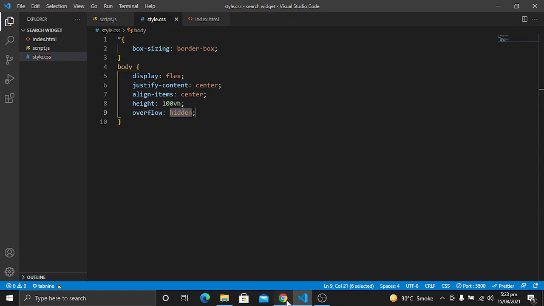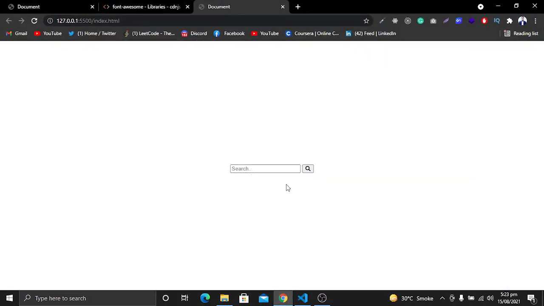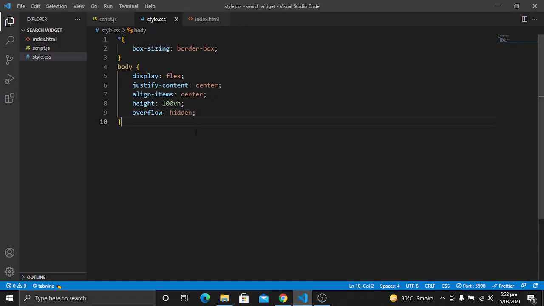Let's save it, and now you will see it has moved to the middle because we have given it a height of 100 viewport height and display of flex. Justify content will move it in the row direction, in the middle of the page, and align items center will move it vertically in the middle of the page. So